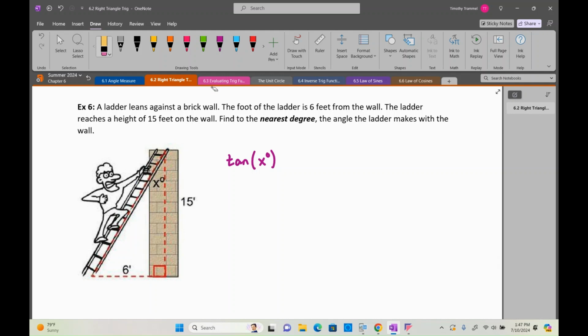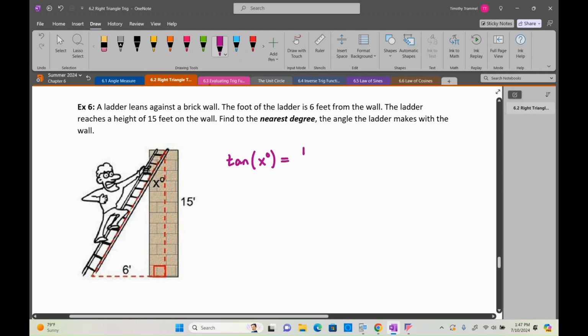So this is perfectly fine. So our adjacent side is that 15. Our opposite side is the 6. And so x here is going to be equal to, let's see, tangent inverse